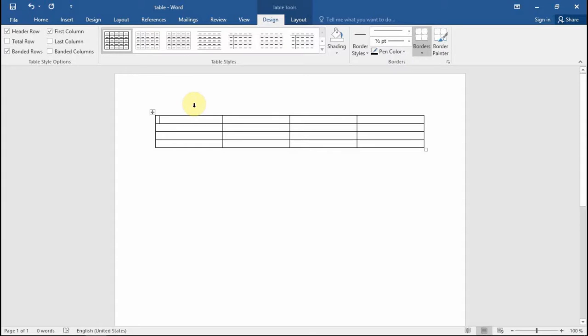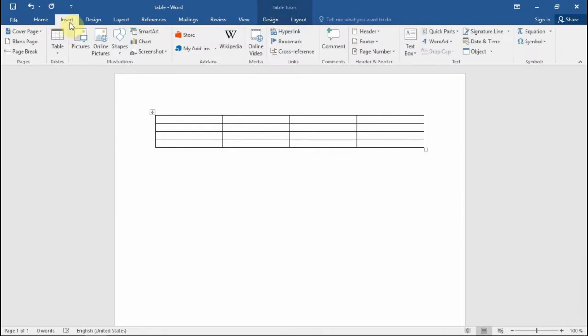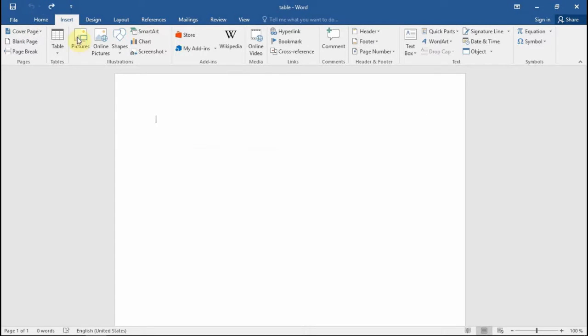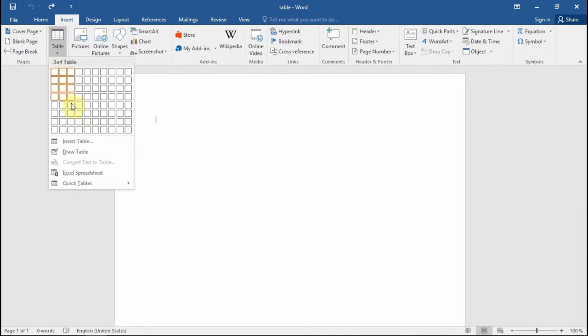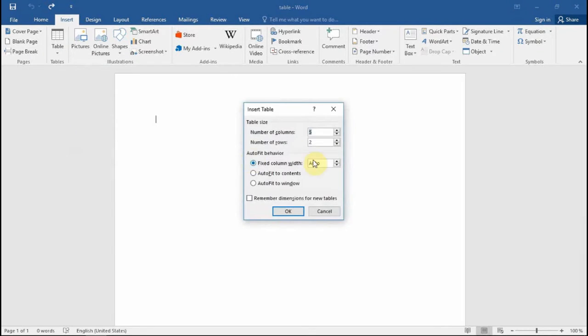Now let's see the second method. For the second method, we still go to Insert. Let me first undo this, and I will go to Table. Then I have this another option of inserting a table, and I will click it. After clicking, it will bring me a